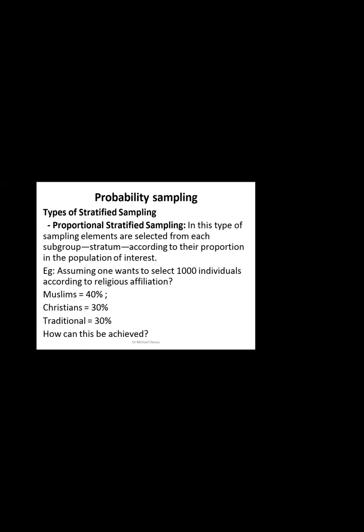So go back, I think there is one example. Good. In one class, Muslims were 40%, Christians were 30%, and traditionalists were 30%. We wanted to take 1,000 individuals. So we will take Muslims 400, Christians 300, and traditionalists 300 to get the 1,000. So that is the